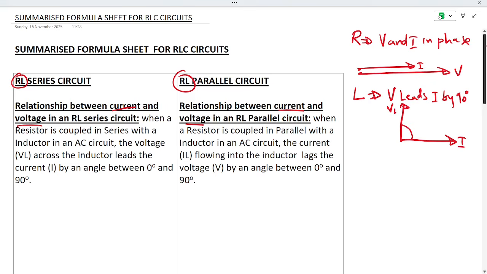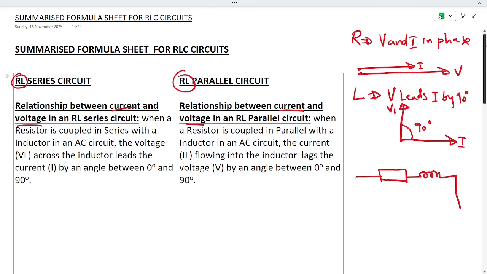So that's what it means to lead. If the voltage was lagging, it was going to point downwards. When it's pointing upwards, it means it's leading by 90 degrees. So now in our case, where we have a resistor in series with an inductor,